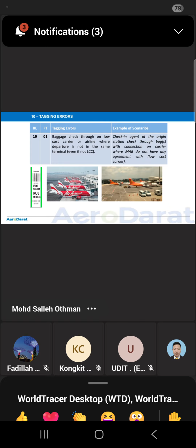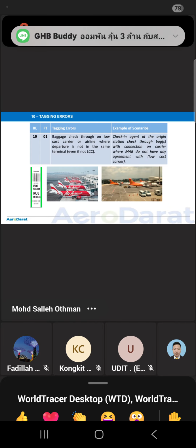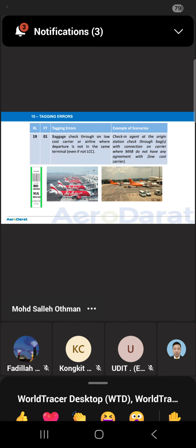For example, from Sydney to Denpasar, the passenger goes on Malaysia Airlines but connects to Denpasar on AirAsia, and the staff in Sydney check through the luggage to Denpasar with AK. Definitely the bag will stop in KLIA because they are different terminals.